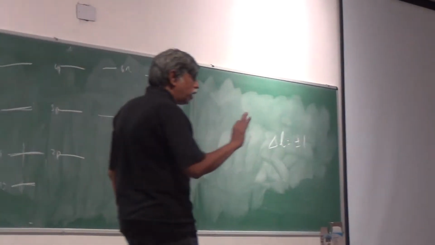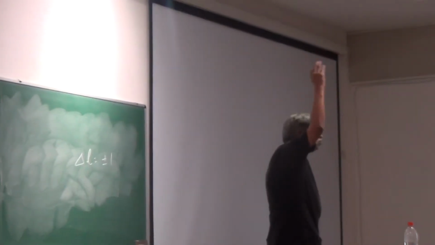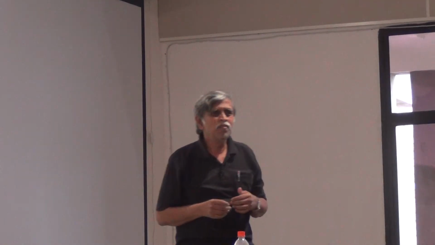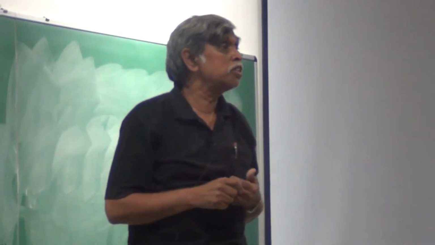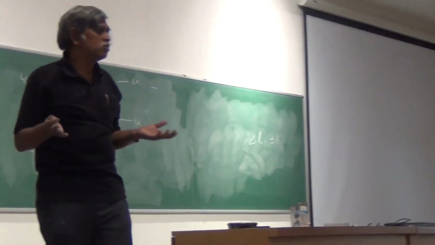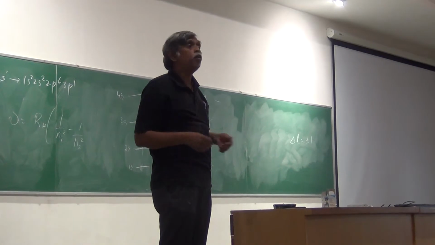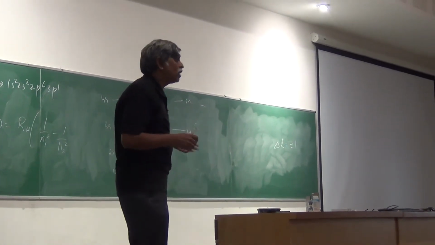There is no selection rule on n, and you would have seen that even in high school, when you learned about your Balmer, Paschen and Brackett series, because any n is going to the lowest n. Any n is going to n equal to 1, and you have each of these series. So right away you were intuitively led to believe, of course we never said that in so many words in school, that there is no selection rule on n. Nobody bothers, nobody cares what the n's are. You start from any n, you can go to any n. But you start from any l, you can't go to any l. You have to go only to the adjacent l.